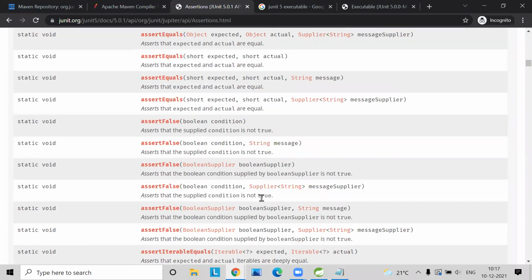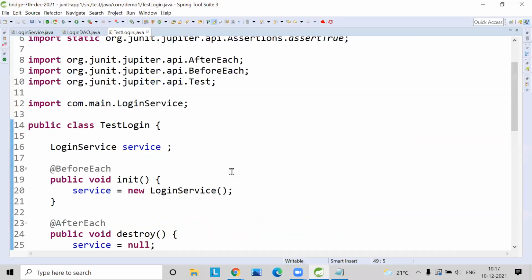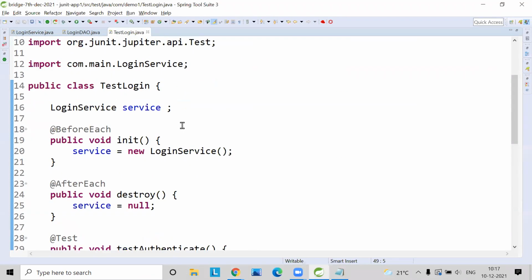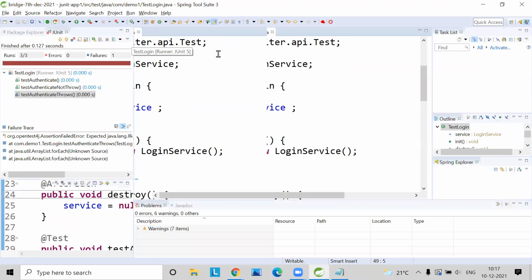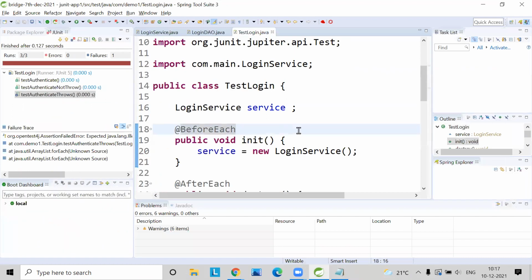So nothing to share here. This is all self-descriptive. I need not even share notes or examples. Pretty much straightforward. So this is the idea of